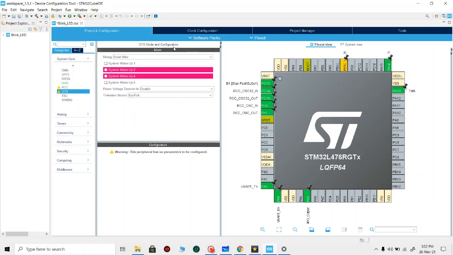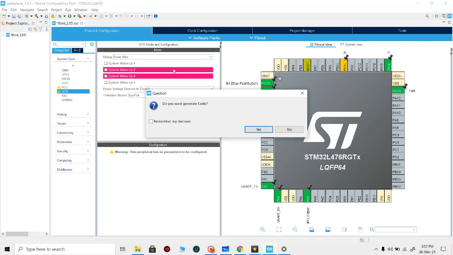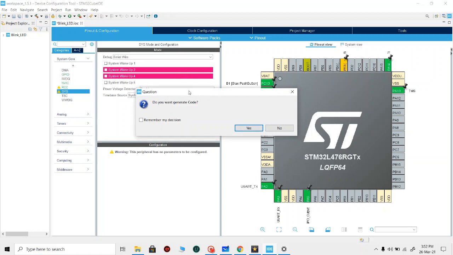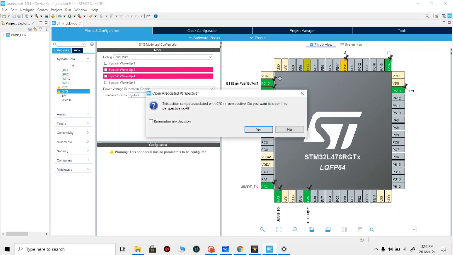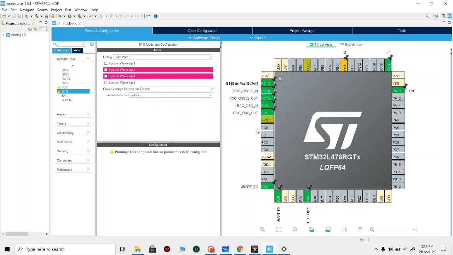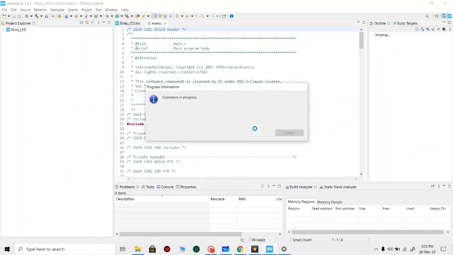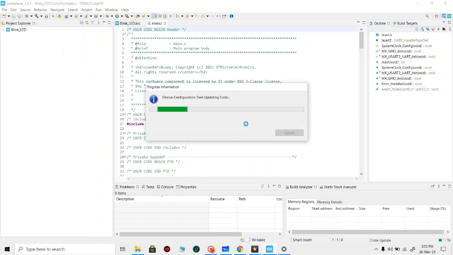Now we will generate the code. Once you click on save, it will ask you if you want to generate the code. We'll say yes. It will open a new perspective in this workspace, your IDE. We'll say yes, and then device configuration.